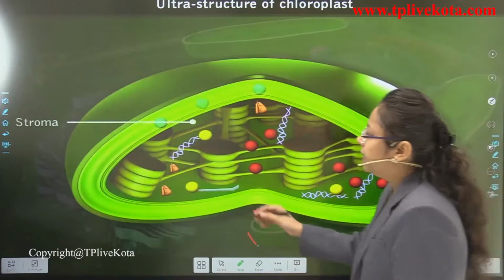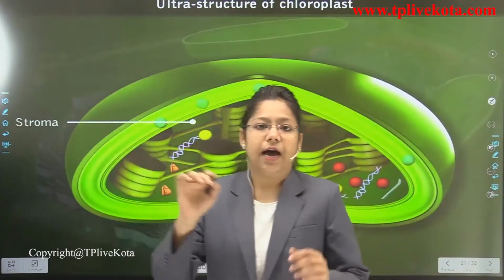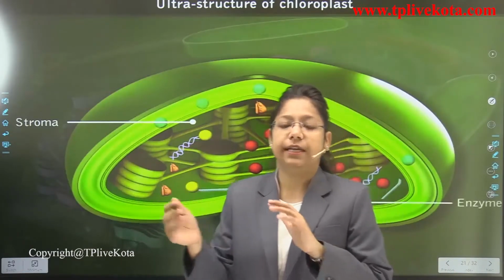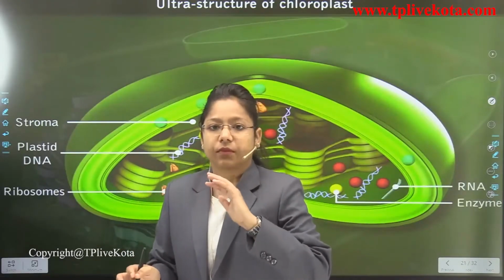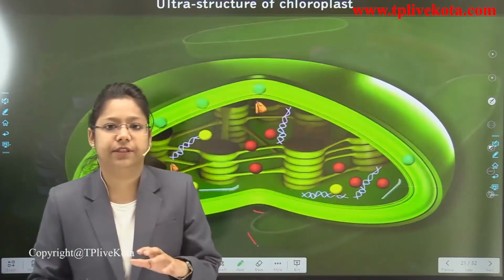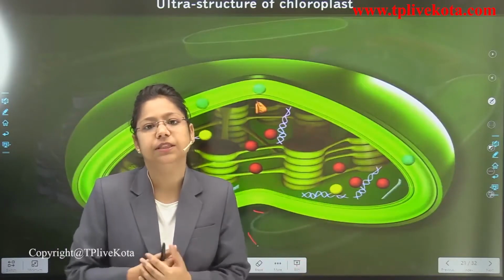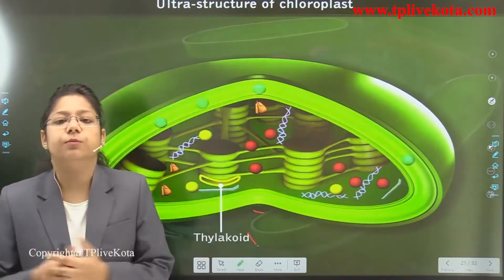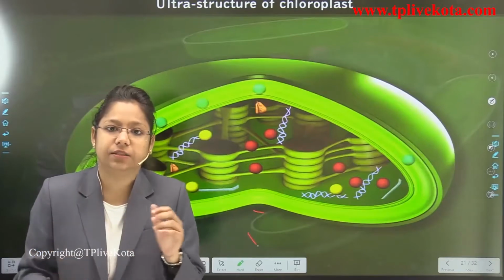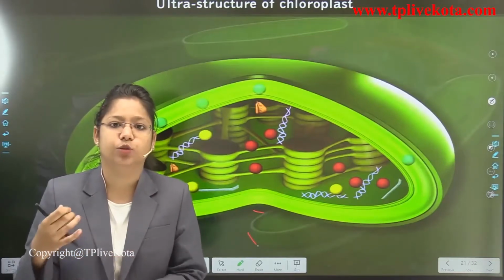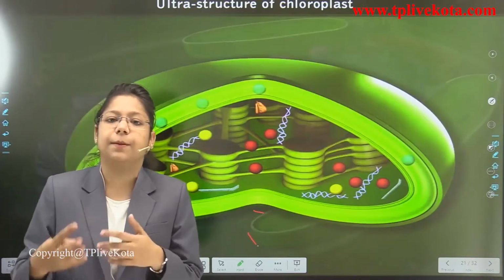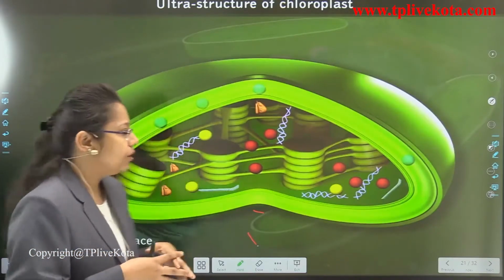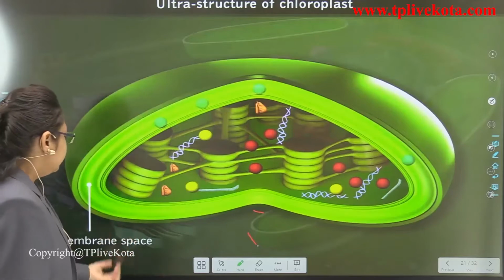Now you can see here the ribosomes are embedded in the stroma, meaning in the stroma the ribosomes and the DNA as well are present. And because of that, I have said that it is a semi-autonomous cell organelle. Semi-autonomous cell organelle means it contains its own proteins, ribosomes and DNA. It means it can self-replicate. It can make a replica of itself. Okay. Now, you can see here,